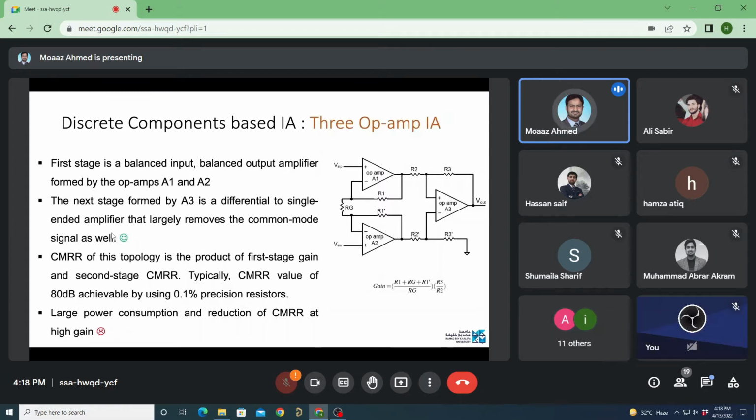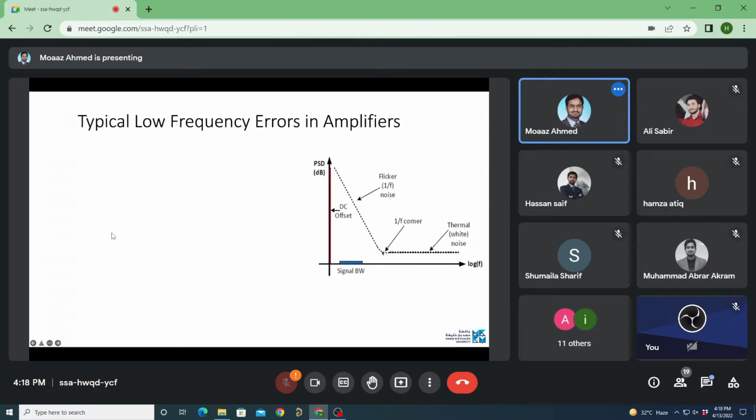Now we'll study the low frequency errors that we find in amplifiers, and then the cancellation techniques. Typical low frequency errors in amplifiers. Okay, so this is the typical characteristic whenever we bias a transistor. So we will have a